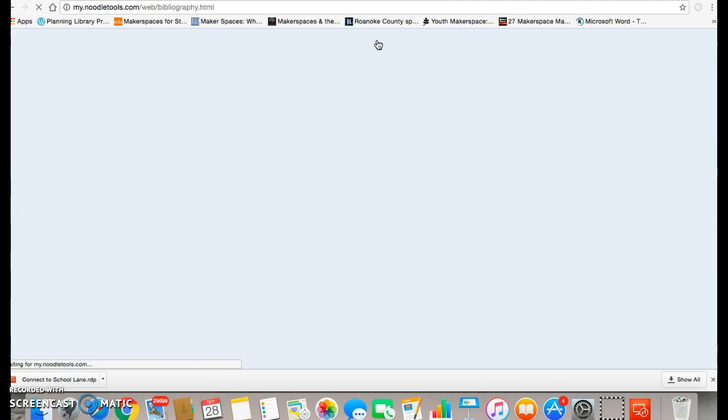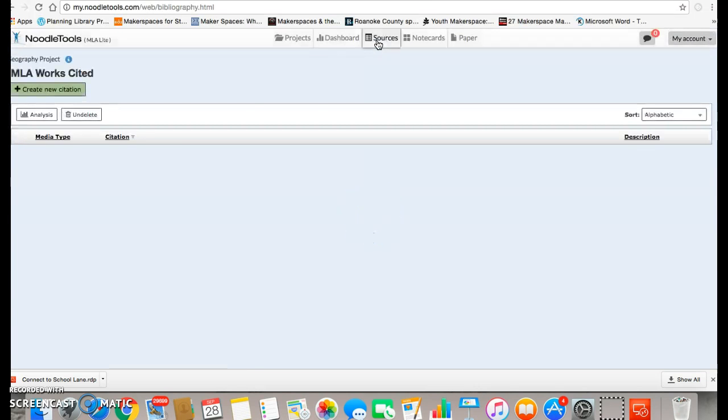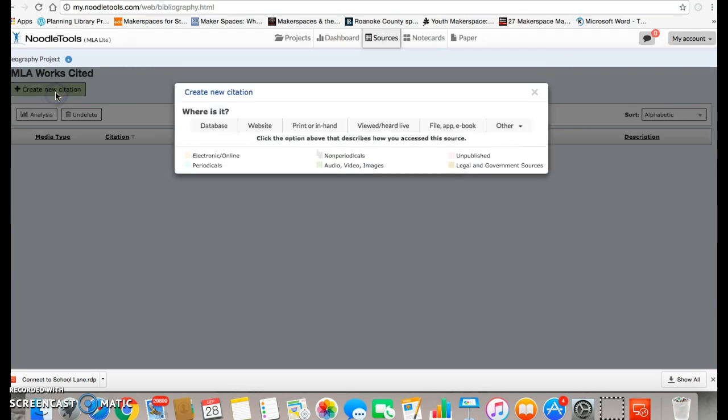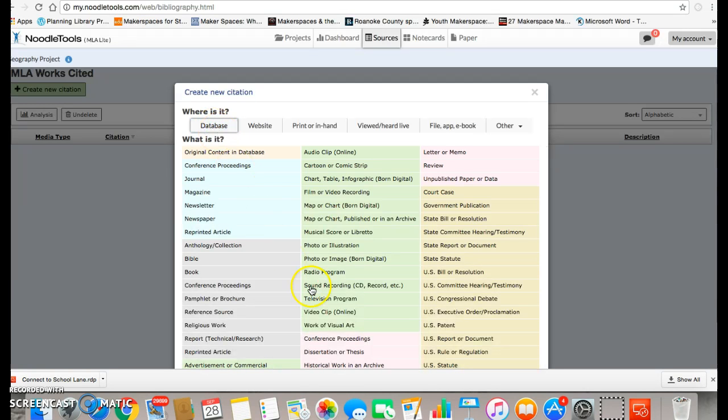Sources is where you list all your citations. So if you click on create a new citation, there are different types of citations. So you're going to go with whichever one applies to you. Now you'll notice there's a lot, but for the most part, most of your things are going to be the first few on this side. So for example, maybe you are using a newspaper. You could click on newspaper,